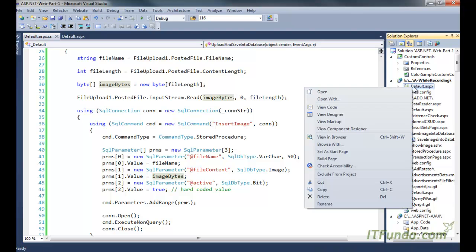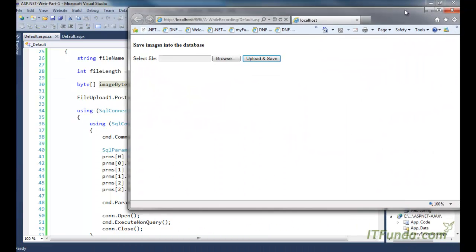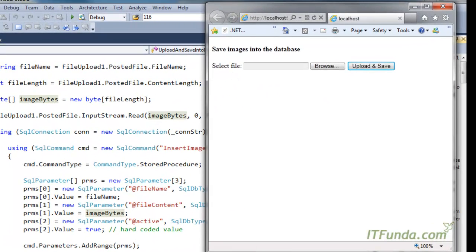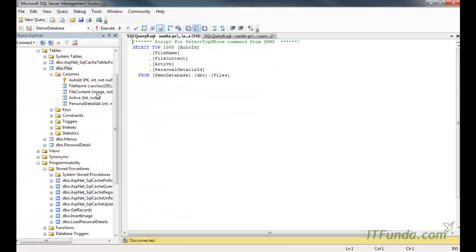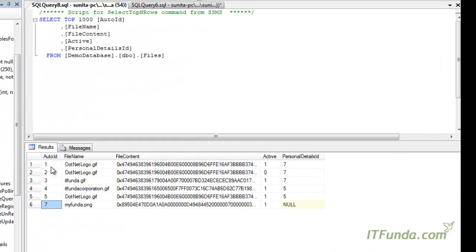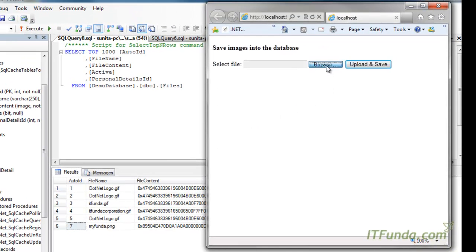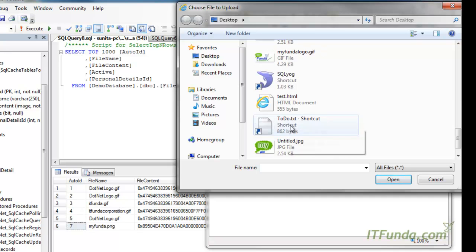Now let me run this page. So here is my page, as you can see, and before I select something, let me show you the records of the files table. Here there are 7 records. Now let me select any file from here. So I'm going to go ahead and select a file. So let me select one file here,